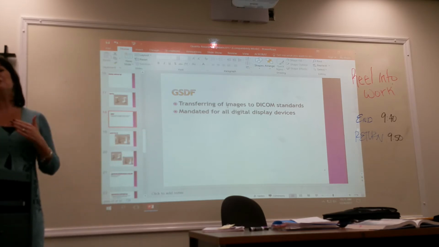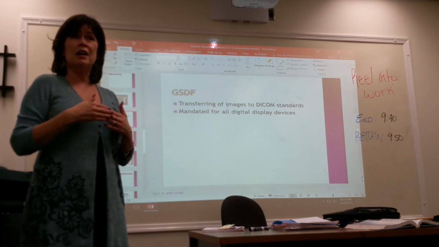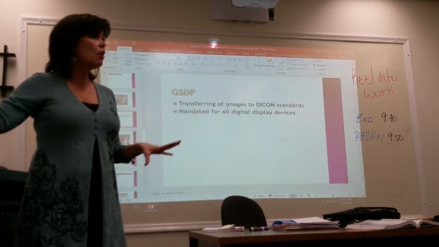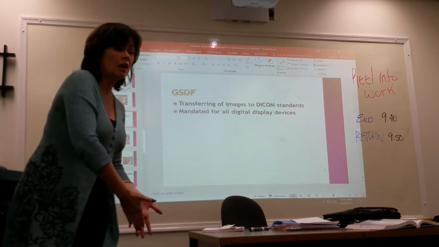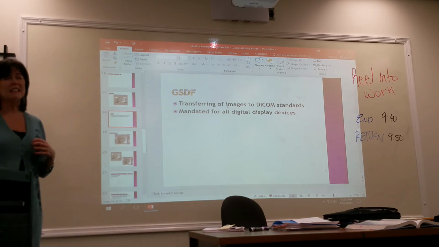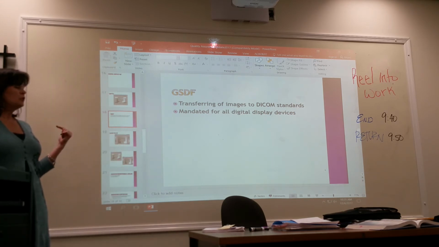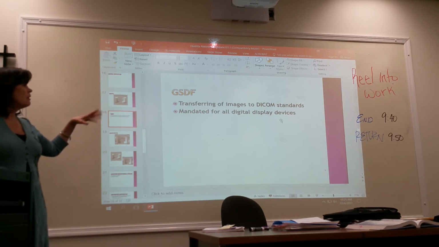So when we transfer images, would it not be important, going to a radiologist for them to look at it wherever they are, whatever hospital, or you take that image here at this hospital and send it to that doctor? You would want the quality of the images to be maintained. And so when we transfer images from one place to another, or even in the same hospital, you've heard this